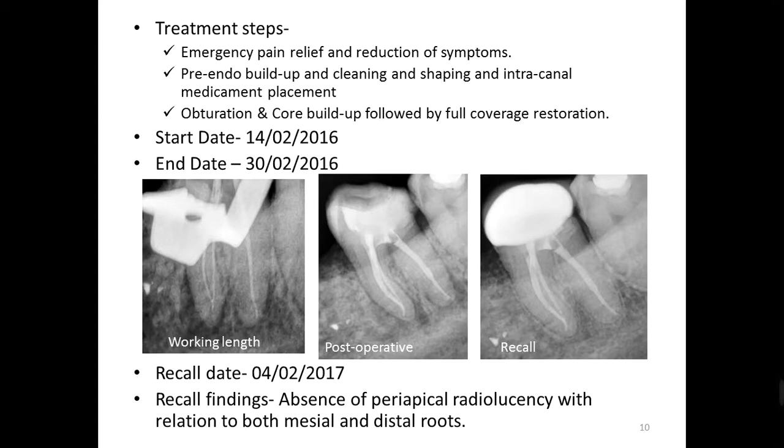You can see the amount of double S curve that was observed in this case. Initially you can see some radiographic changes, but in recall everything was healed and the patient was happy. This is one of the cases I prefer to showcase so that it can give confidence to participants that if they are using a hand instrument or a rotary ProTaper or a rotary instrument for preparation, they can achieve these kinds of results flawlessly.